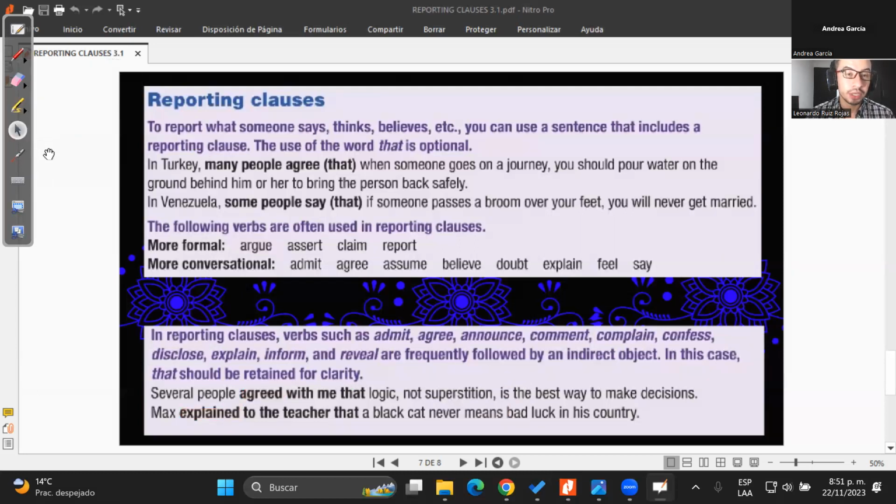One of the points of the checkpoint of the next week, which is week number 4, is talking about an urban legend of your country or your city. So here in Colombia, we have a lot. Imagine how many legends there are. Like la Patasola, el Moján, el Sombrerón, blah, blah, blah. So try to think of one which is close to you and try to explain it using these reporting verbs.